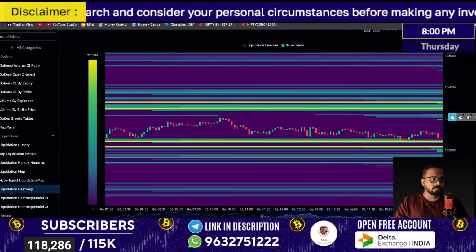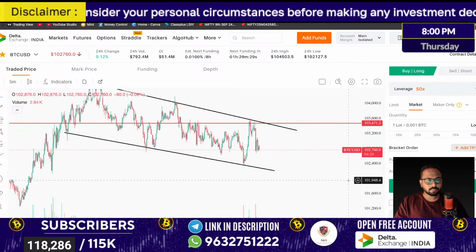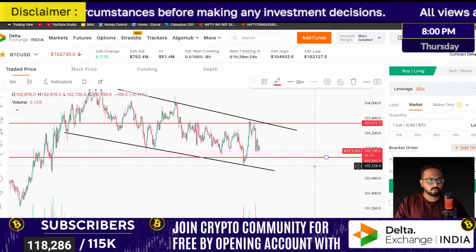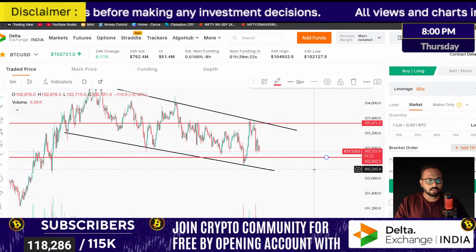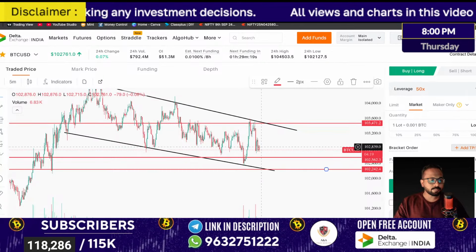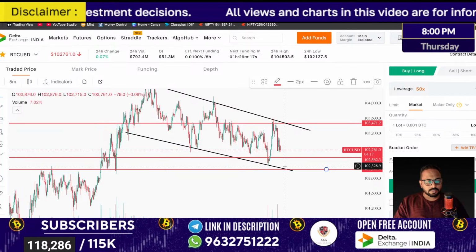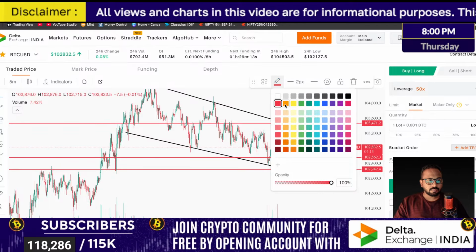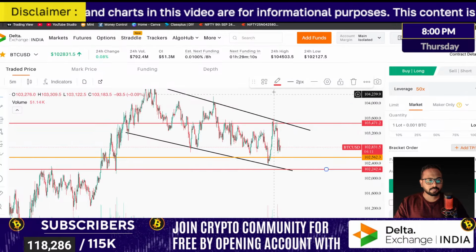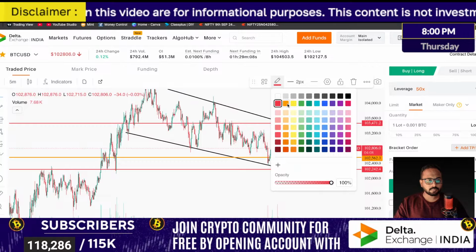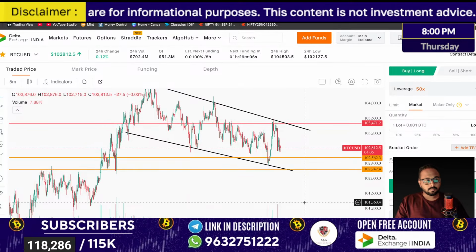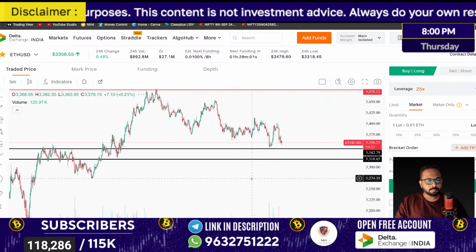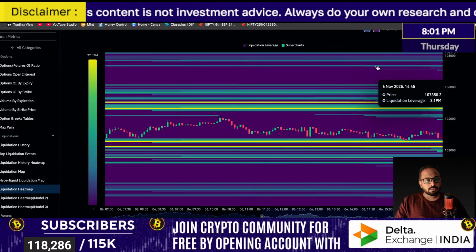One lakh 2,560. This is one zone and this is one zone. Okay. In BTC, liquidity is there somewhere at this area. These two areas. We will highlight that. It will be useful for us and for future reference. Now in ATH,